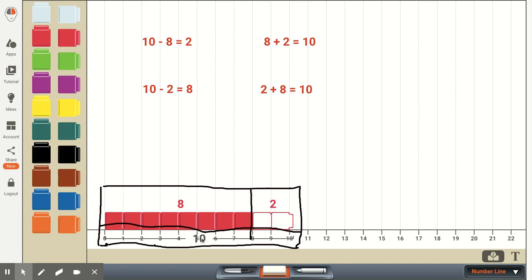And then when we also start with the whole of 10 and we take 8 away, we are left with 2. And sometimes you'll see this part whole diagram and the whole may be on the top and the 2 parts will be on the bottom. Both represent the exact same problem.